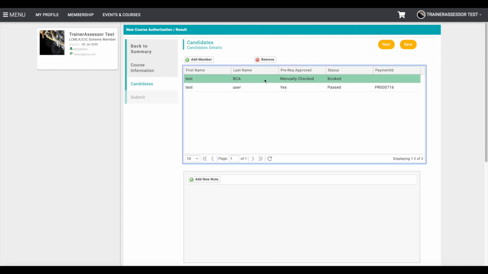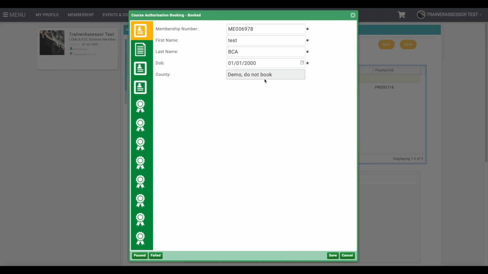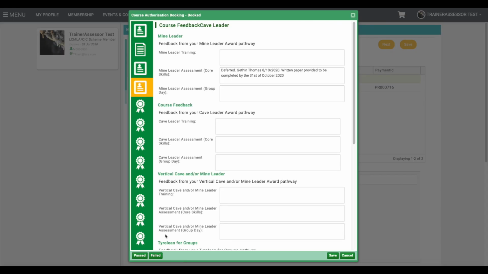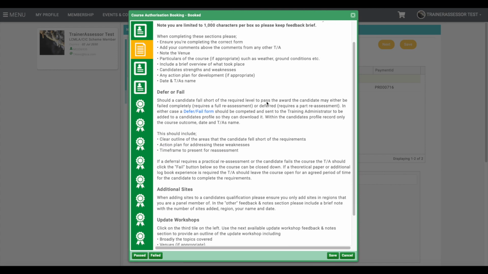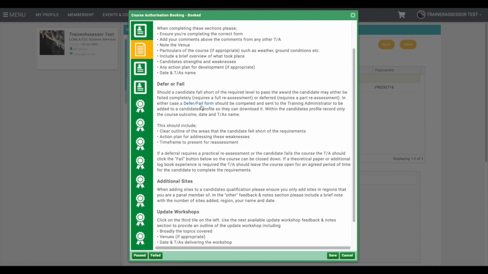At which point, if you double click on the candidate's name again, and if the deadline has passed, then you can hit the Failed button. But if that's been resolved, then you can change the content of this field and correct it accordingly. If, however, the candidate needs to be reassessed on a practical element of the syllabus, then it'll be worth popping Deferred in here, coming back to the guidance notes, and that'll give you access to download a Deferred or Failed